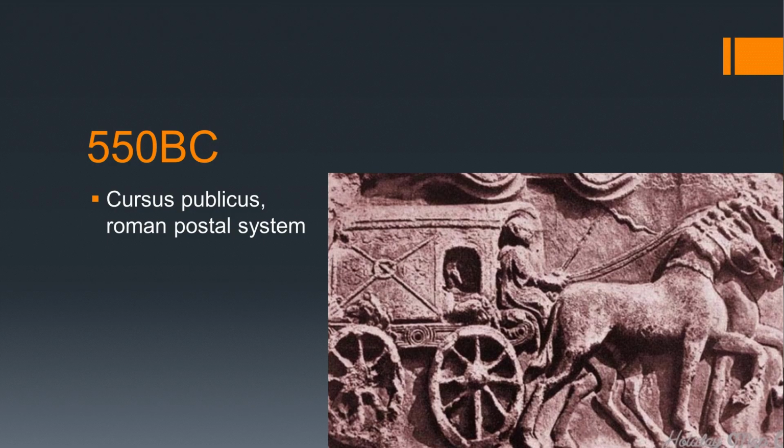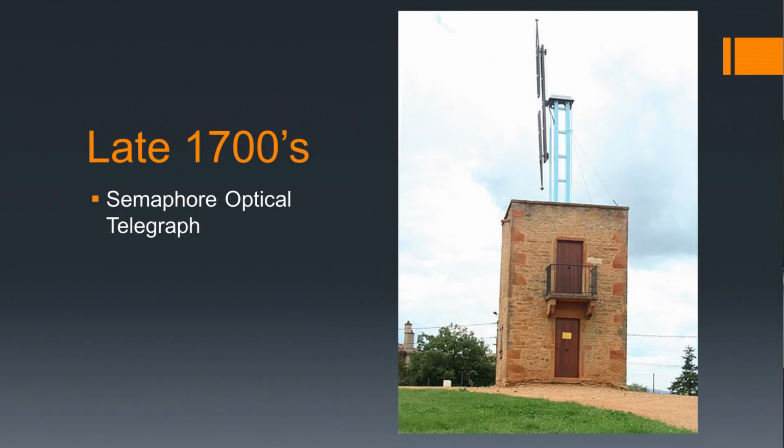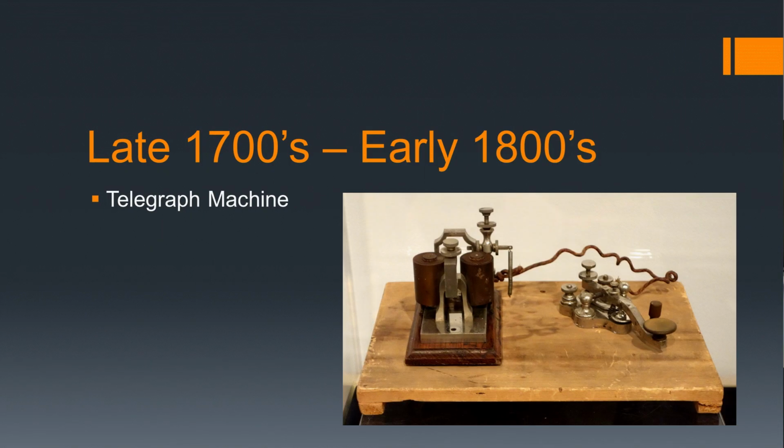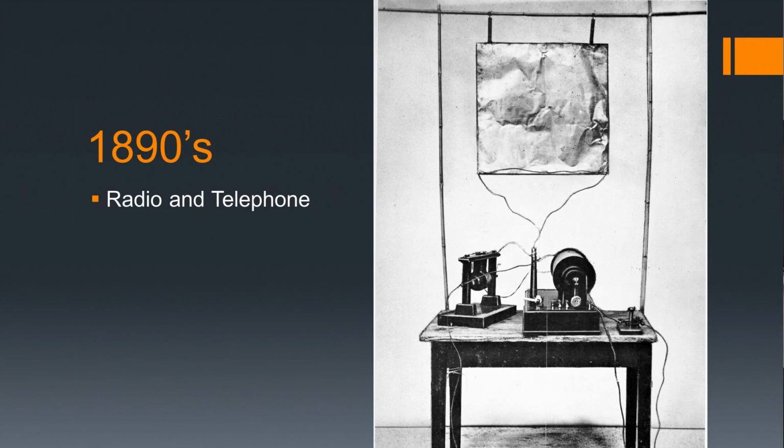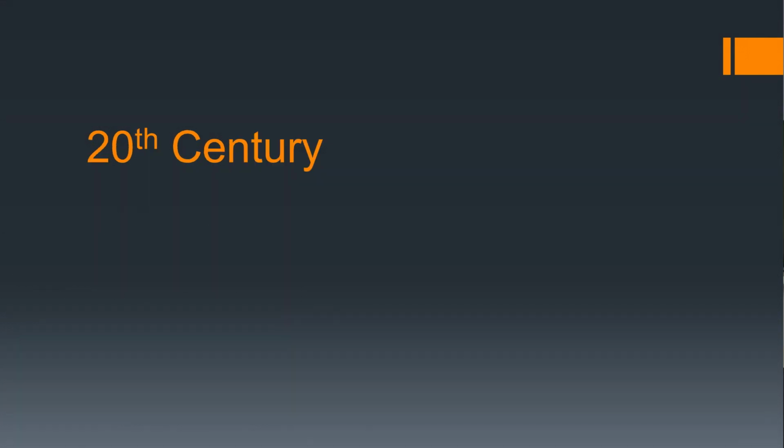I'll start back at the earliest postal service, dating back to 1550 BC. Much later, in the 1700s and early 1800s, the first telegraph machines were developed, allowing faster and more widespread communication. A vast improvement on the horses. Telephone and radio were the next developments, starting in the 1890s, further increasing the distance and usefulness of communications with a greater expansion of telephone lines and radio transmitters.